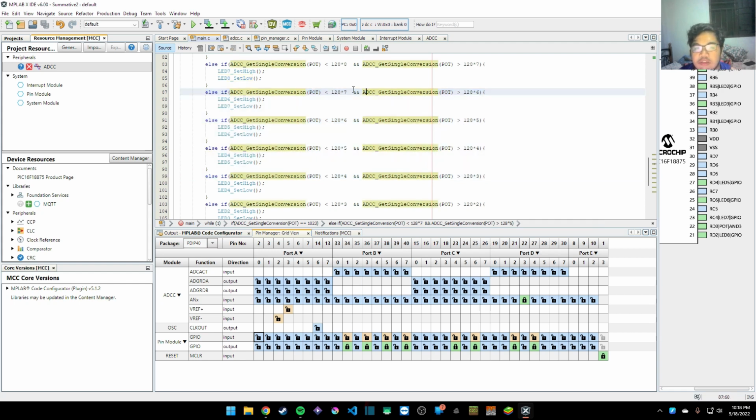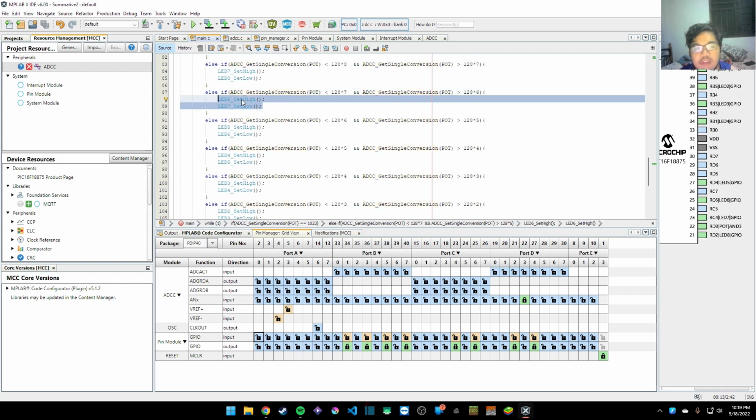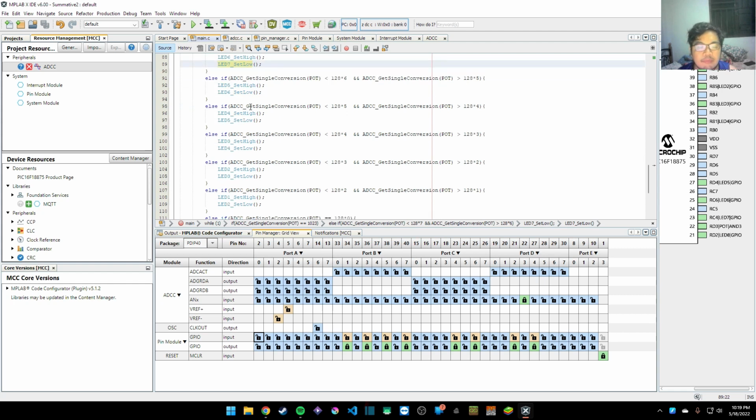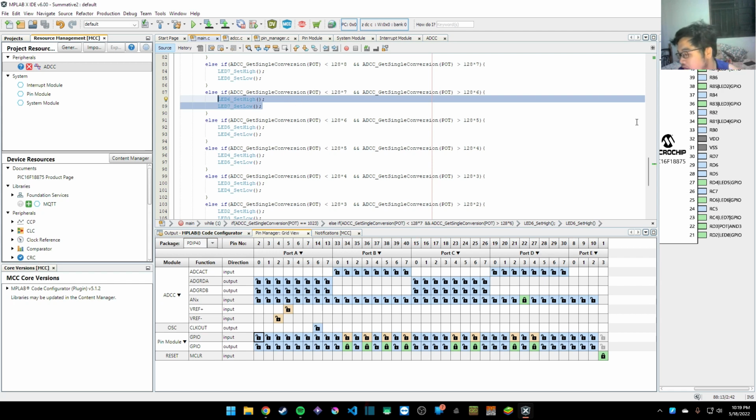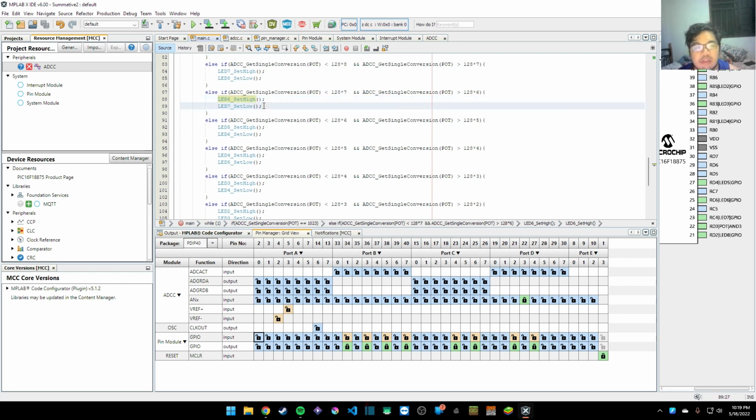It just checks if the potentiometer is between two values, and then sets one of the LEDs to high, and then sets the next LED to low. I redid this because the potentiometer has to go through all the values, and if we rotate it backwards, so towards the lower values, or towards LED 1, what it's doing is turning off